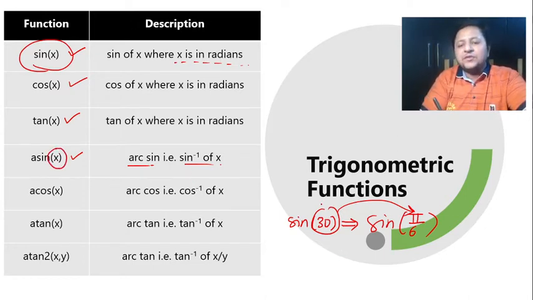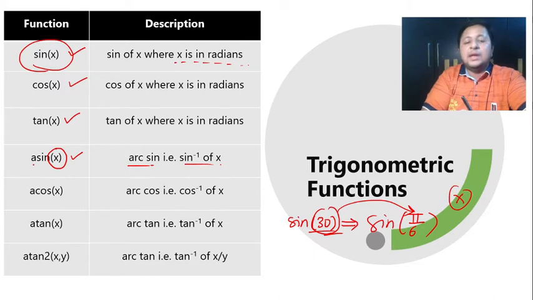If I calculate sin 30, whatever value it takes, suppose x, and if that x is fed to asin, the answer I'll be getting is obviously not 30 but pi by 6, because it deals with radians, as I already said. Similarly, we have cos inverse given by acos(x). Tan inverse is given by atan(x). But we also have one more variant of tan inverse. It is atan2(x, y), which is going to give you tan inverse of x by y.